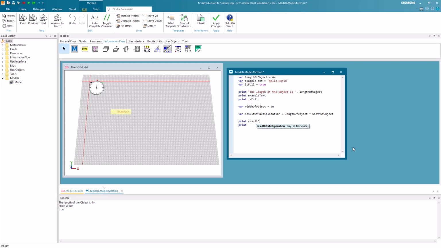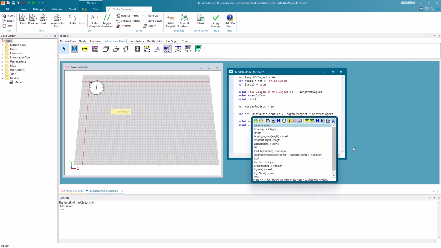In the first print statement, we now just type until the first O. As you can see, now a tooltip is shown which tells us that we can use the auto-completion by pressing Ctrl and the spacebar. So we use that to spare us the typing of the rest of the variable. In the second print statement, we just type the letter L, and then we again press Ctrl and spacebar. As you can see now, a list is shown of possible matches. You can also see of which data type the corresponding suggestion is. From the list, we now select length of object.